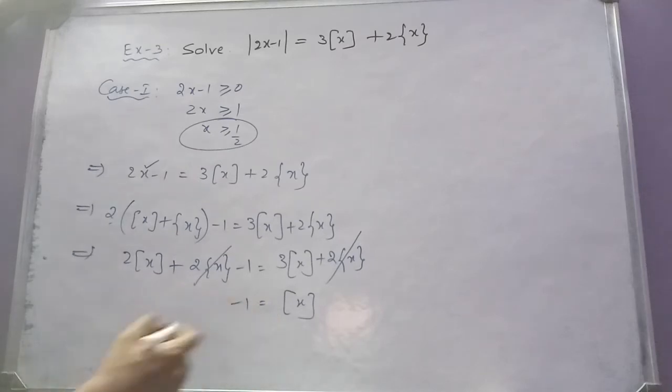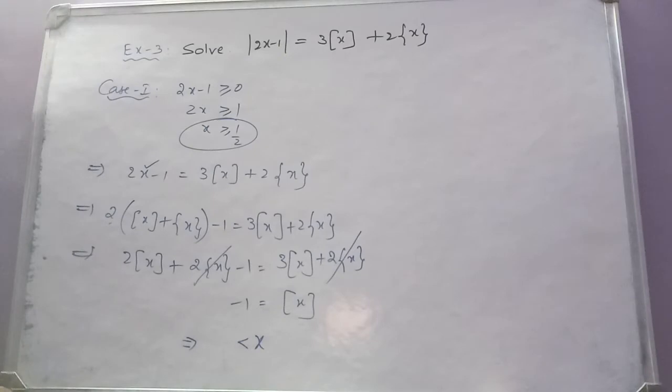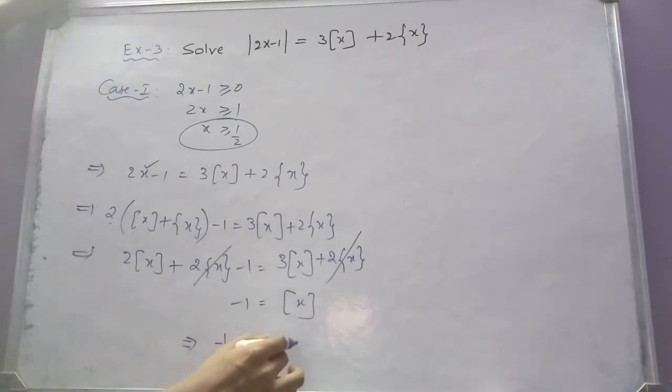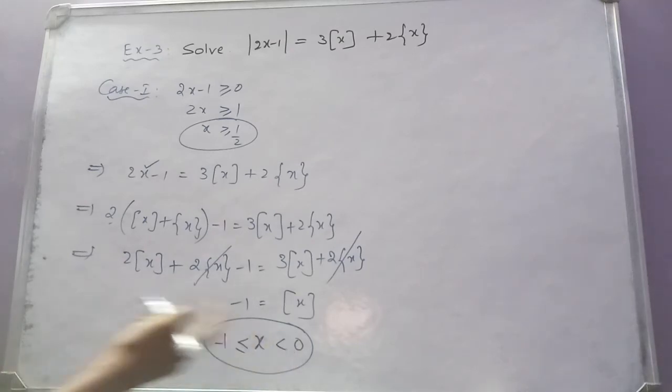That means if step x is minus 1, then x will be where? If step x is equal to minus 1, then x will be greater than or equal to minus 1 but less than 0, correct? It must be somewhere between minus 1 and 0. Then the possible solutions are x can be any number between minus 1 and 0.